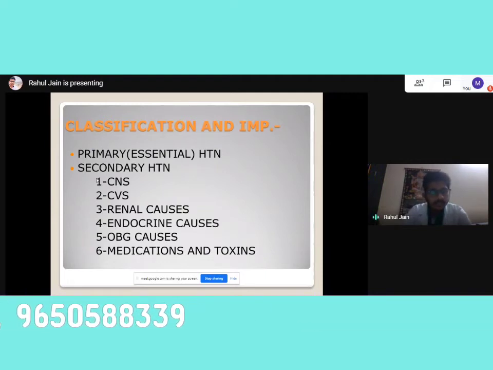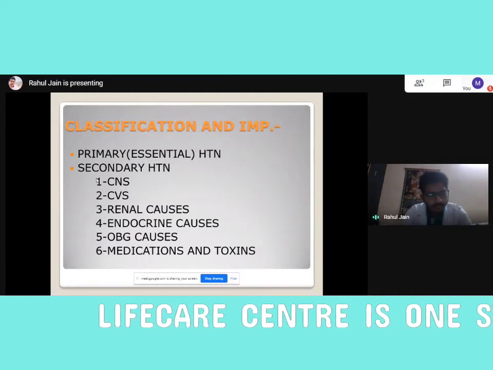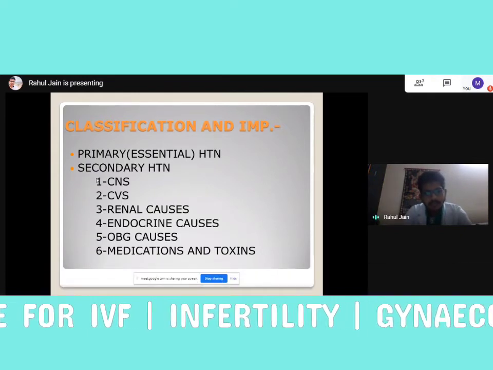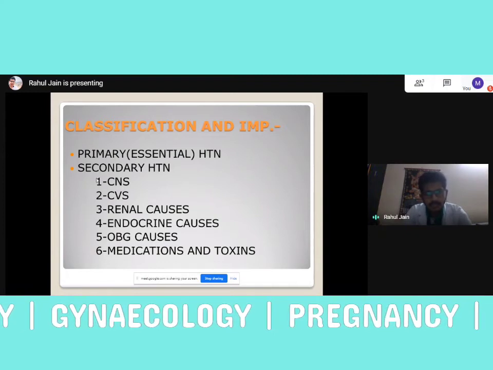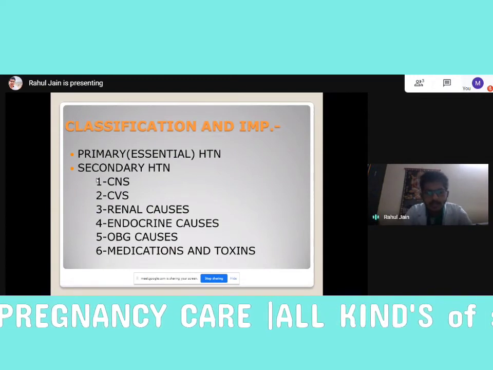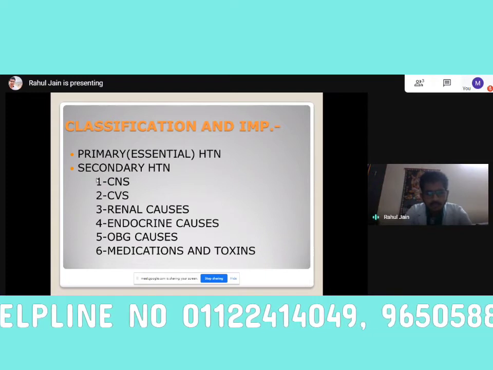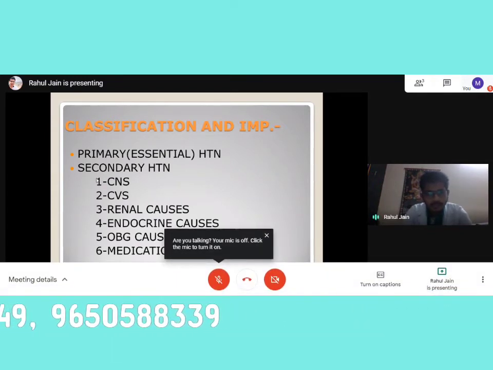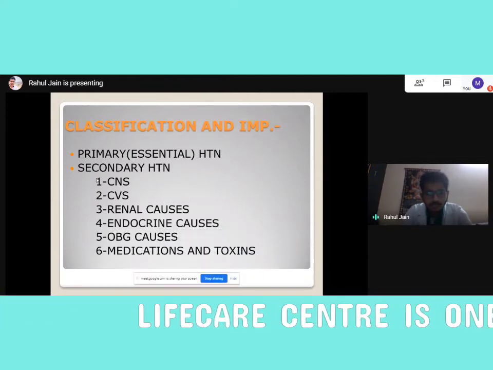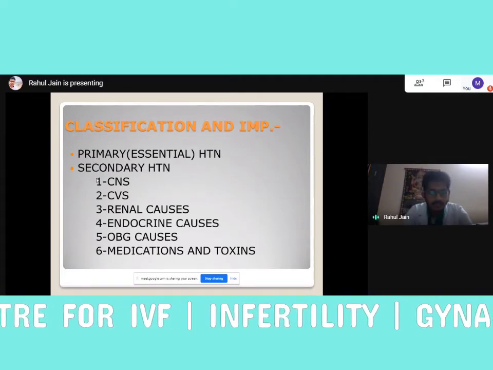Renal causes. Yes, renal causes are very important for secondary hypertension, or any renal problem, even diabetic nephropathy, nephritic syndrome, glomerulonephritis, Goodpasture syndrome, any kind of vasculitis, any kind of renal problem, polycystic kidney disease can manifest as hypertension, uncontrolled secondary hypertension. Then endocrine causes, your thyroid problems, hypothyroidism, hyperthyroidism, parathyroid related calcium problems, even Cushing syndrome, steroid induced, can be iatrogenic, even can be because of a tumor in adrenal gland, pheochromocytoma, and all these things.